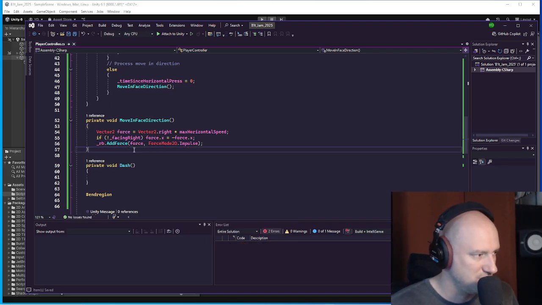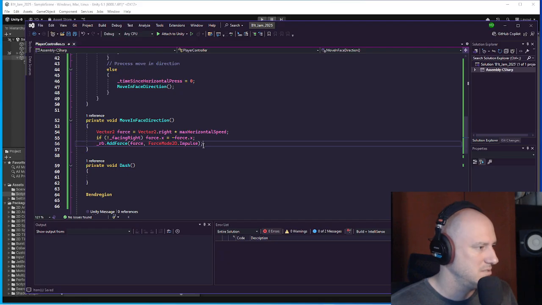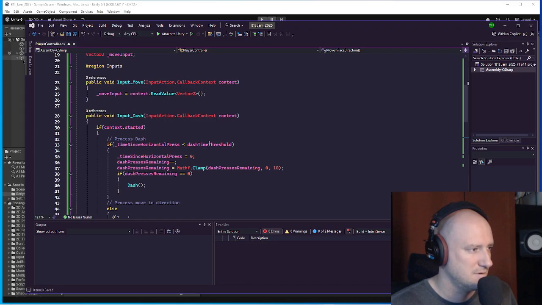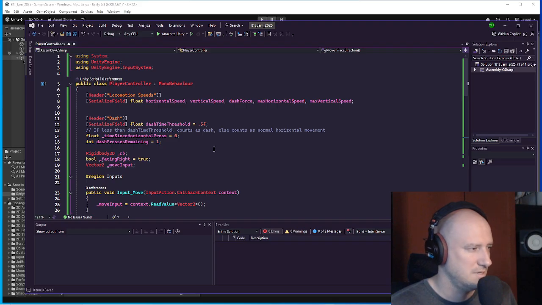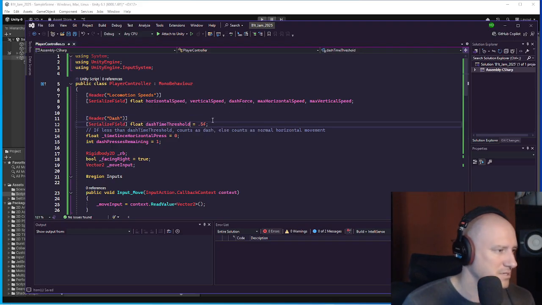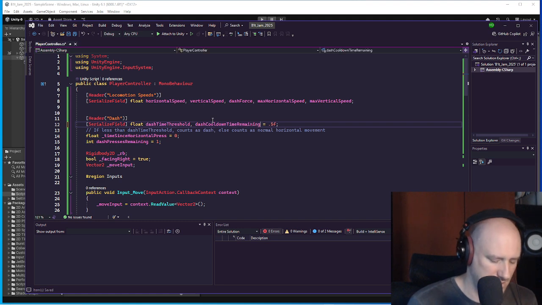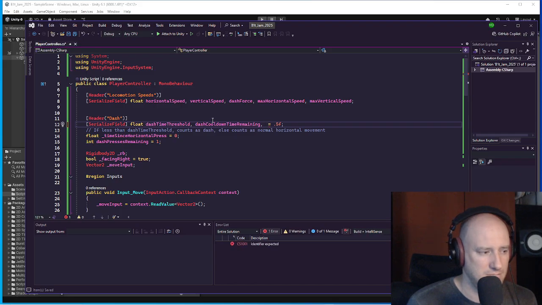We're gonna have to clamp this movement in the fixed update so that we can't exceed the speed limit, but otherwise we should probably have a limit too to like how often you can, like a dash cooldown. Kind of getting into the, let's do dash threshold, dash cooldown time remaining. Dash cooldown time remaining